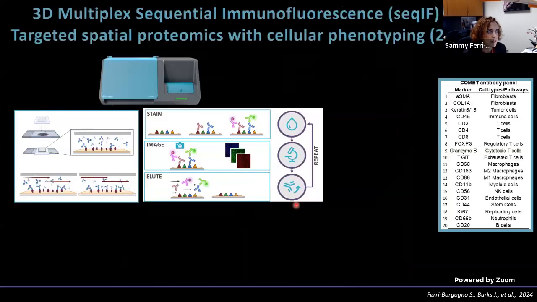So for this, we utilized the Luna-4 COMET technology. In this case, FFPE tissue section is utilized, and a microfluidic chip is placed on top of the tissue section. And then the staining is performed utilizing 2 antibodies at the same time in different species. In our case, we designed this 20 marker panel that you can see on the right side, in which the first 3 markers were specifically chosen to perform tissue segmentations to separate the tumor areas from the stromal